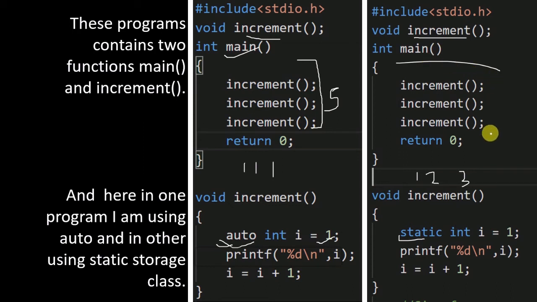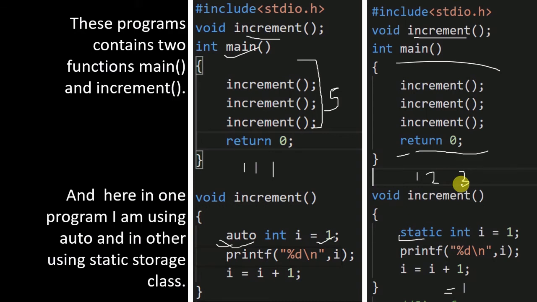The same condition applies in the static class, so what is the difference between these two? If your variable i belongs to the static storage class, it is initialized to 1 only once. Its output is first 1, then 2, and then 3. It is never initialized again.